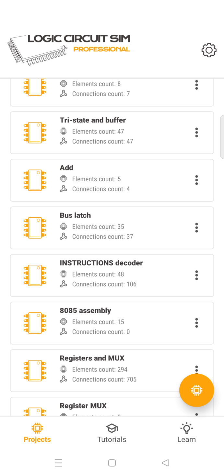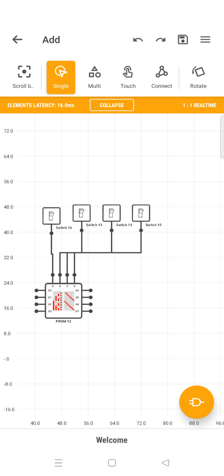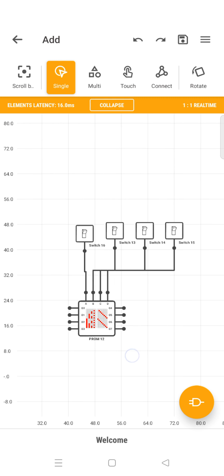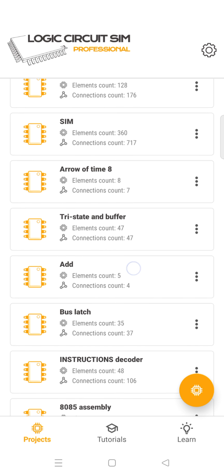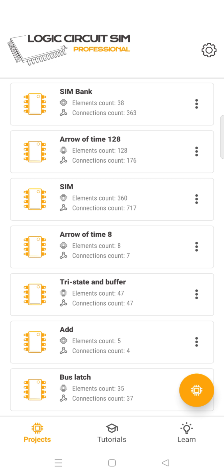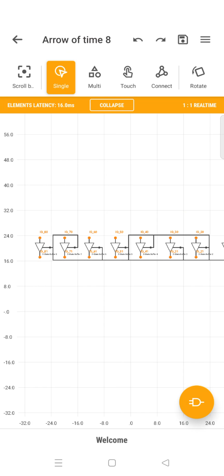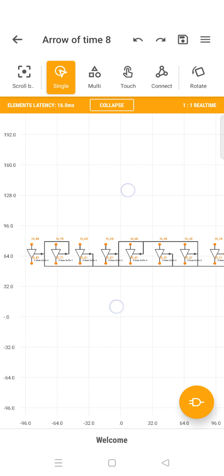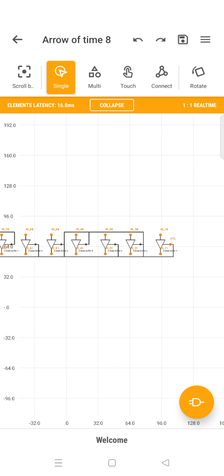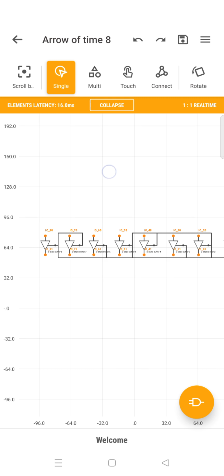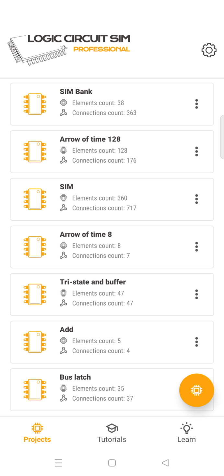Okay, now we have add circuitry. For add circuitry, you can use PAL or other things, but here I have used PAL. Okay, try arrow of time. First you have to create what is called an arrow of time. Arrow of time is how input and output go in. So if you have an 8-bit computer, you create an 8-bit arrow, which will tell you what is input, what is output, and things like that.